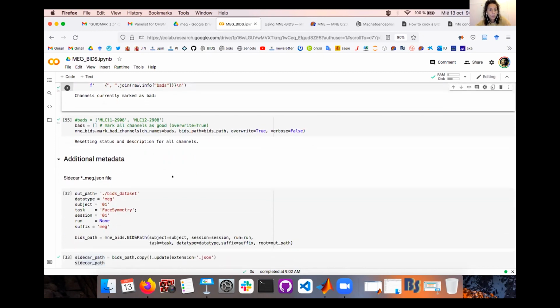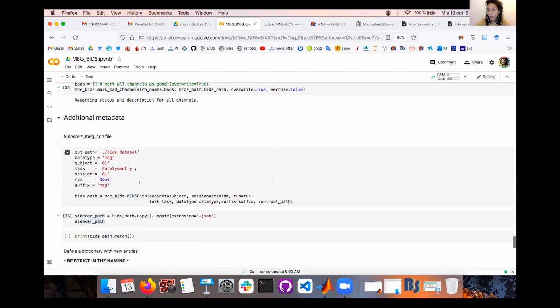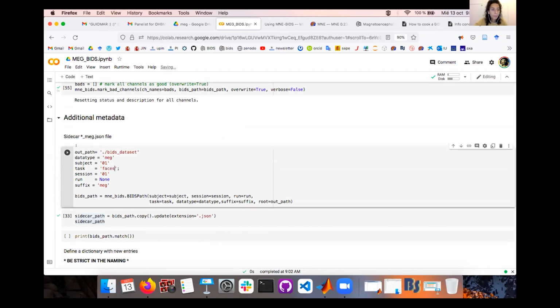Sometimes you miss some fields, or you want to edit some fields or add some additional metadata. So this is also possible here. You just have to get the BIDS path.